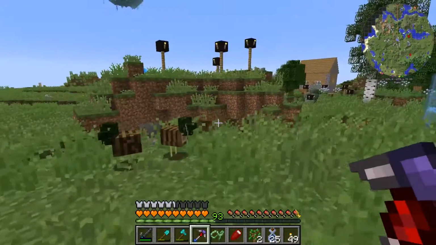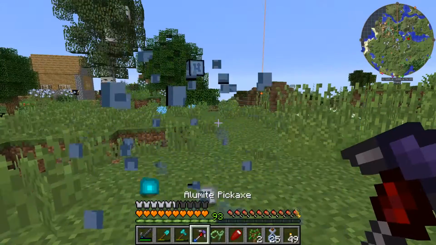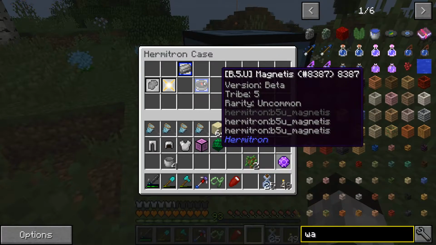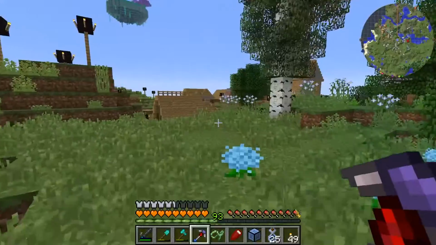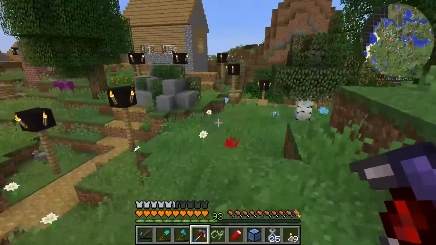Anyway, here we are. We got a village here. There's some log chickens. Let's see here. Let's grab all the glass. Oops. Let me put that back down and see what we get. Looks like we got some uncommons, but the rest of it is all common. So, nothing great. Okay. Well, continuing on, I'll look around this village, see if there's anything to salvage, and then...